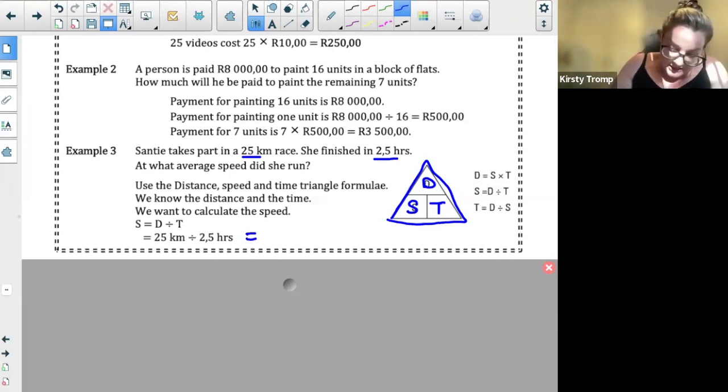25, go to Zande. It's going to be 10 kilometers per hour. Well done, guys. Well done. Yes, thank you. Okay, so